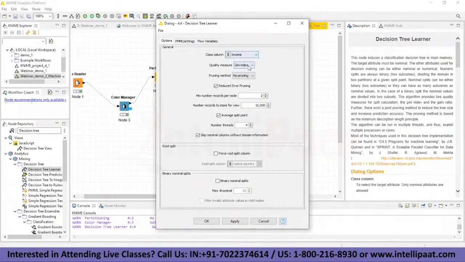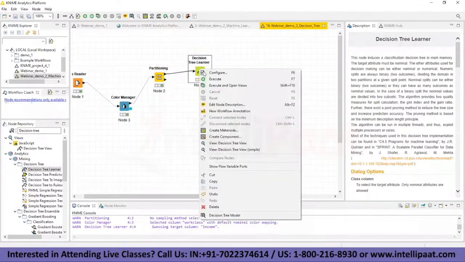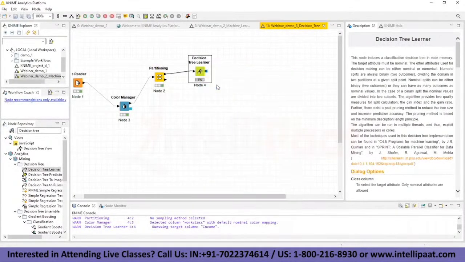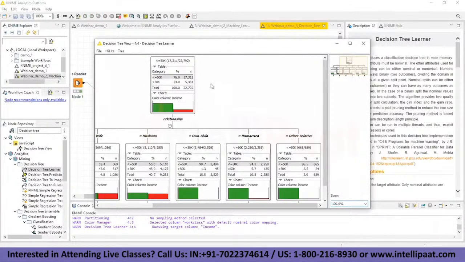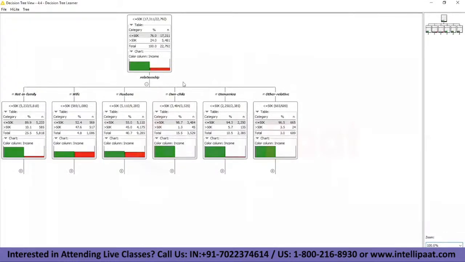So yeah, after that it is Gini index and gain ratio, right? We prefer the gain ratio, we prefer the Gini index, right? We don't want any of the pruning process. Everything will be there. Okay, nothing you have to change. You have to simply go ahead and click on OK, right? Now let me execute it and open the view. The moment I simply go ahead and execute it, I will be having a robust sort of visualization for my